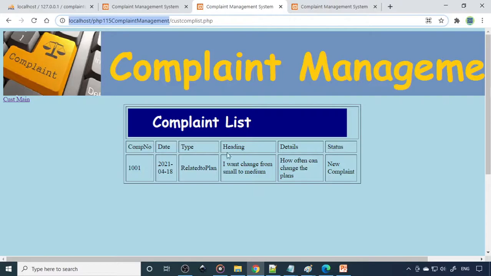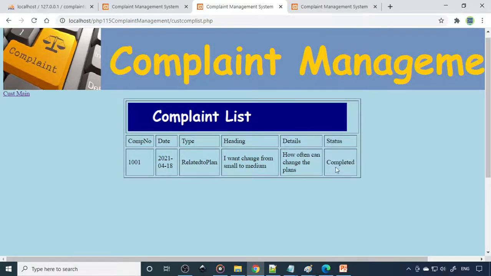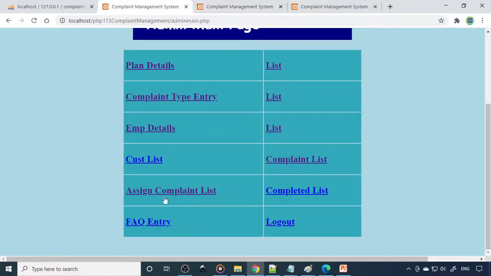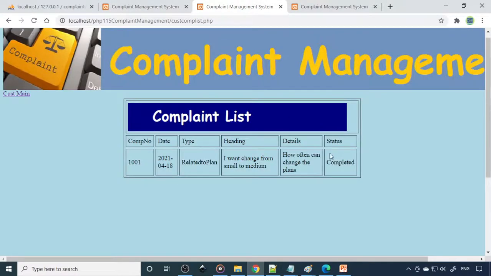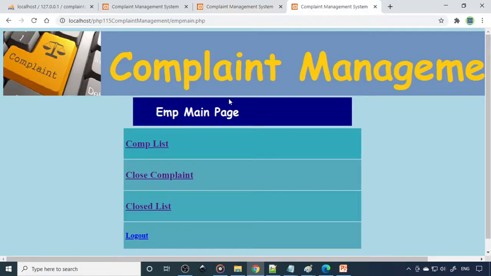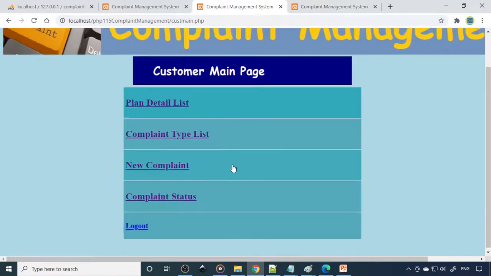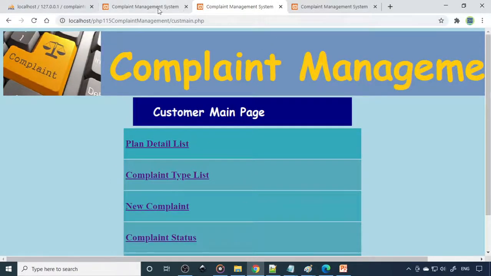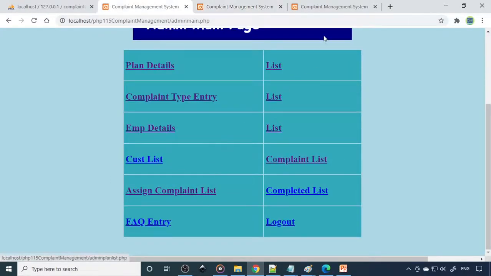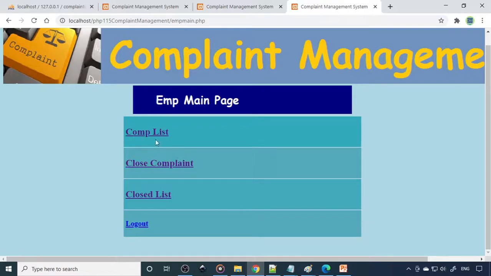Whereas in case of customer, now if you refresh this, it says that completed. So previously when you, in the admin, allocated the employee, here it showed that the employee is allocated. Then once it's closed, it's indicating that the complaint is closed. Right, so these are options which are provided here. So therefore the customer can raise the complaint. So admin can allocate this to an employee. Employee can check it out, and once it's solved, he can close the complaint. So only a solved complaint has to be closed.